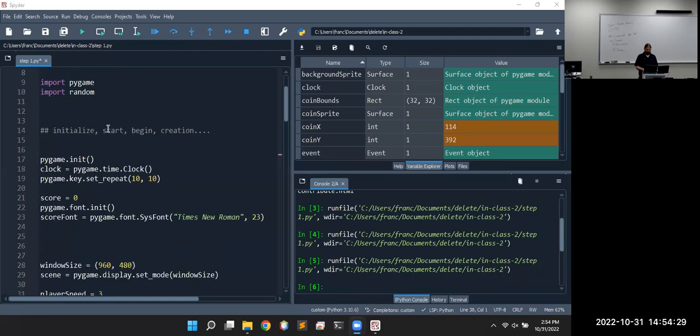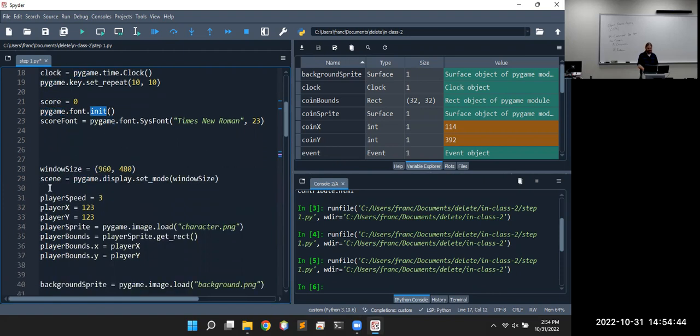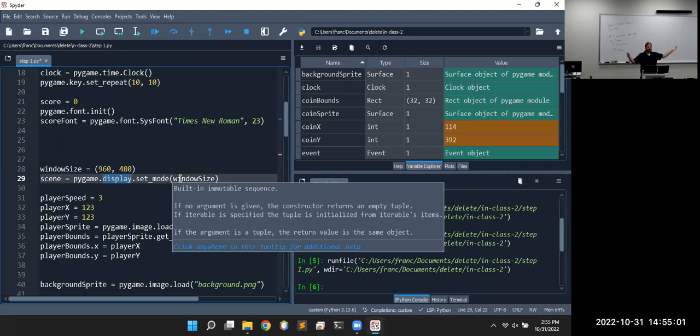So there's a Pygame object, and one of the details in there is dot init, which initializes it. So we can say that as a variable, or like scene. In Pygame, there's a display object that has everything it means to be a display in Pygame. So we took all of that stuff, and instead of lots and lots of different variables, the height, the width, the title that shows on it,